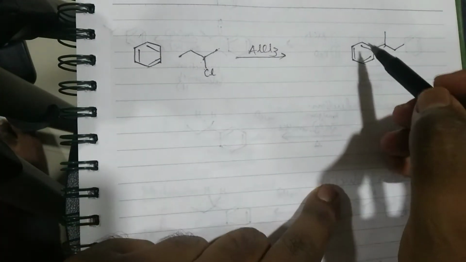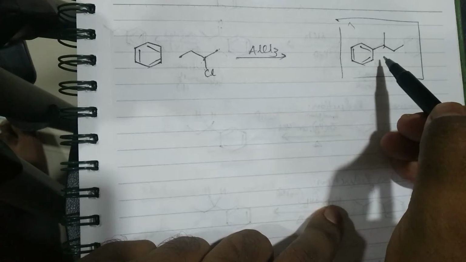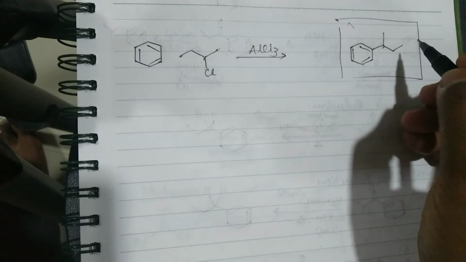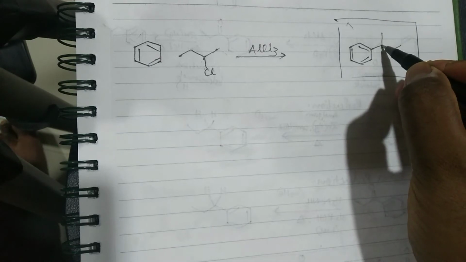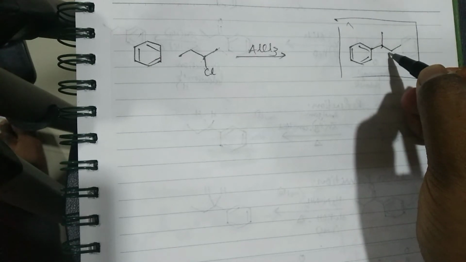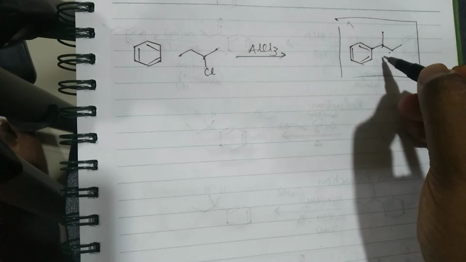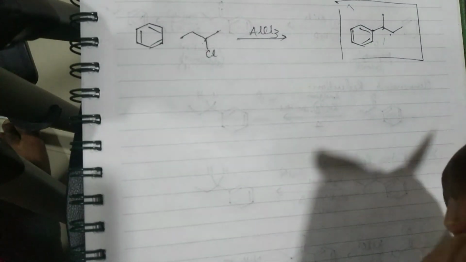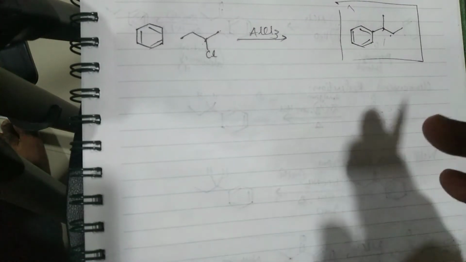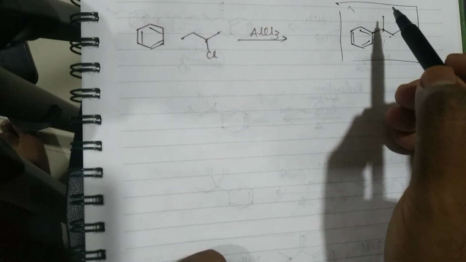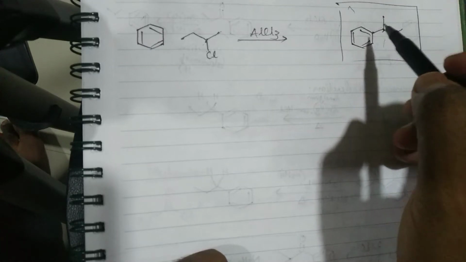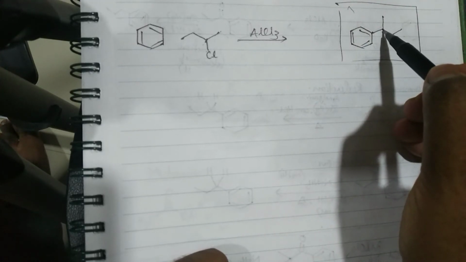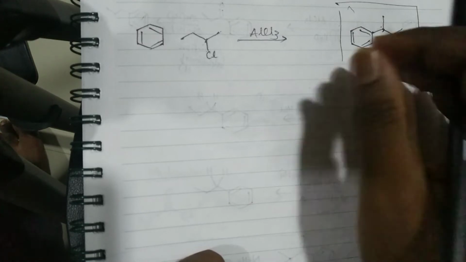Alright, now let's look at the last one, a very simple reaction. This is the target molecule which I had to prepare. Here, as you can see, this carbon atom has only one hydrogen, correct? This carbon is attached to this benzene, this methyl and this carbon, so one valency is left, only one hydrogen. In the previous example, using Wolff-Kishner and Clemmensen reductions, 2 hydrogens were sitting on that carbon attached to the benzene ring. That case is not visible here. It's only one hydrogen, so acylation is out of the question.